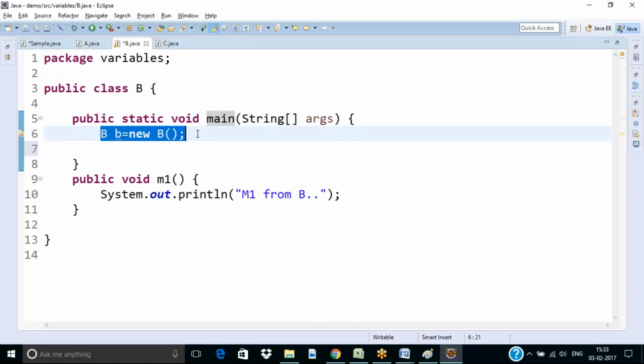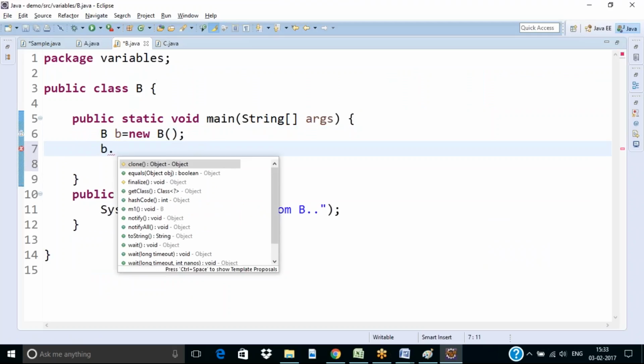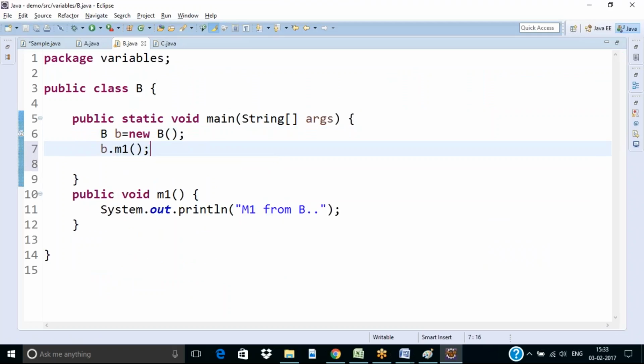So that's why I'm creating object for B here. Now simply B dot M1. If we execute this class, we can see the output of